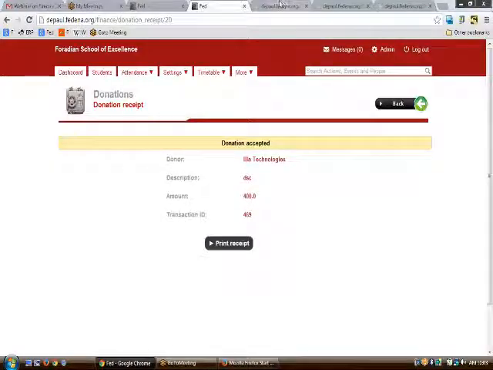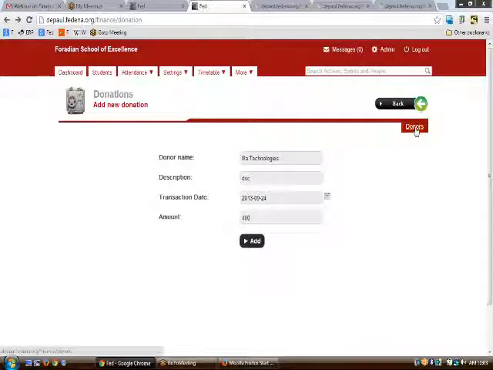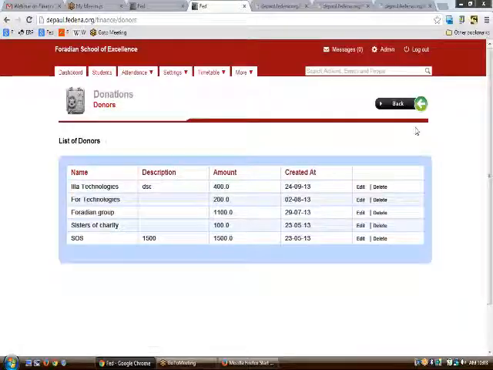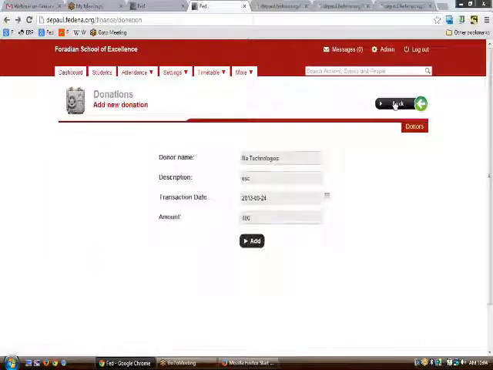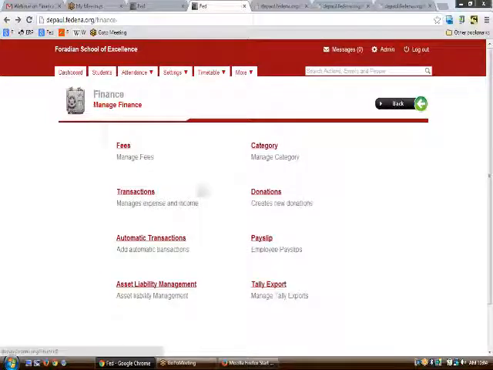You can even get a receipt of the transaction applied for. Moreover, you can always see the list of all the donors here. On clicking upon donors, you would be able to see what all donors have invested, how much money as donations.